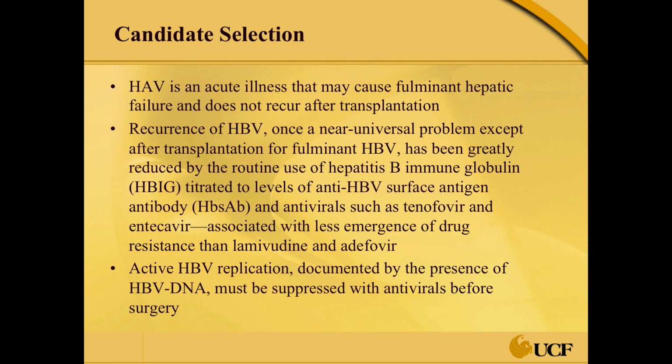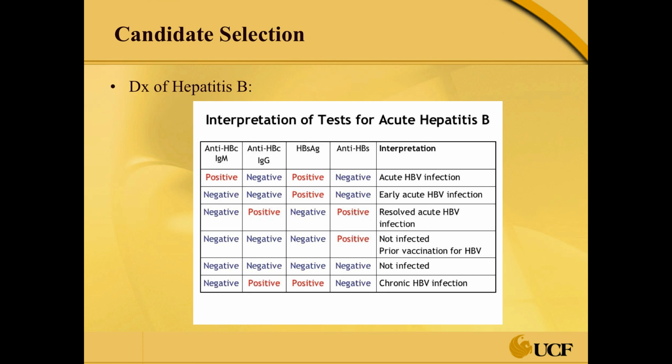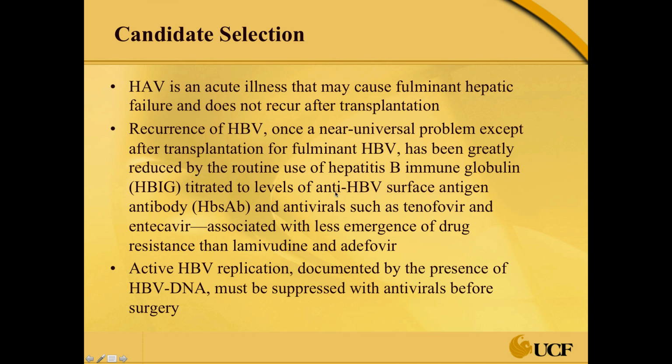Recurrence of hepatitis B, once a near universal problem except after transplantation for fulminant hep B, has been greatly reduced, and that's because we treat patients with immunoglobulin, or HBIG. And those are titrated to levels of anti-HBV surface antibody. By the way, that was in this chart, this is surface antibody right here, okay? So keep that in mind. If that helps you to write that out, you can write that out. Let's go back. Okay. And antivirals like tenofovir and